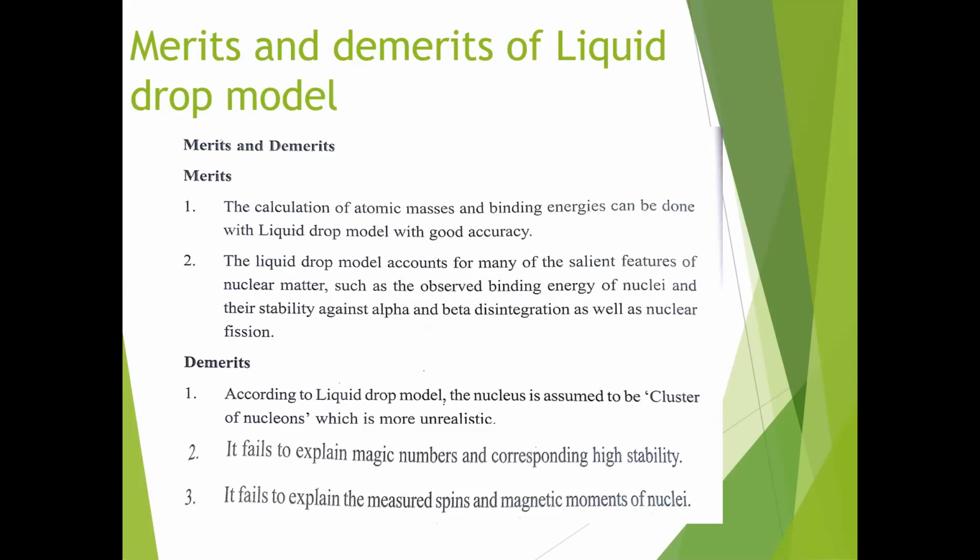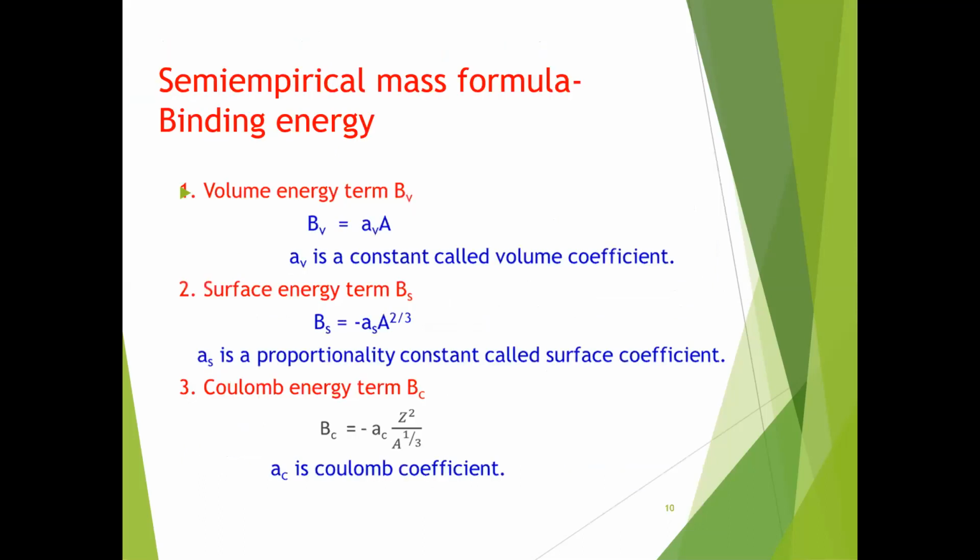But based on this model, we try to calculate the mass of the nucleus, which is called the semi-empirical mass formula, and the binding energy. A German physicist, Carl Friedrich von Weizsäcker, in 1935, recognized some experimental evidence and found resemblance of the nucleus with the liquid drop model.